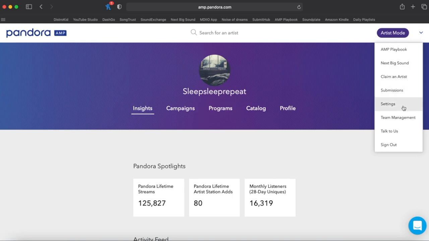And then you have your settings, team management. You can just add other band members you have, or if you have a manager, you can add them here so they all have access to this. You have support, talk to us, which you can also find down here, this blue icon,